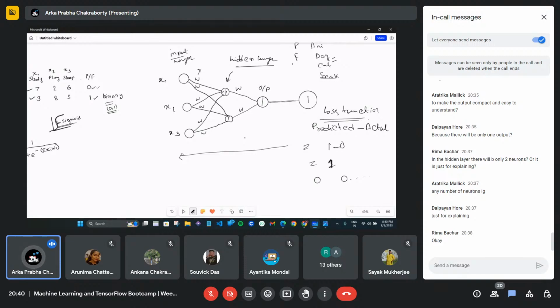Now I'm going from the output direction to the input direction, right? This is called back propagation. How the weights will be updated depends on my optimizer.